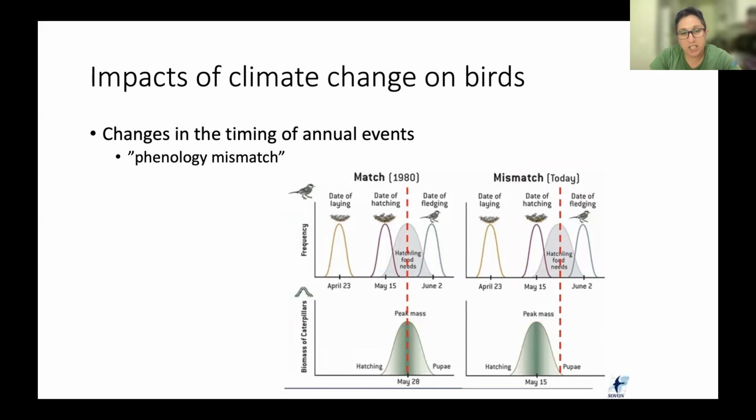Another impact of climate change is changes in the timing of annual events. So annual events like, when do you migrate? When do you have offspring? But also, when do the trees leaf out? When do the bugs lay their eggs and hatch? And then when do they pupate? And so if you're talking about something like a bird, this is an animal that is a predator itself. Most birds, at least when they're breeding, need to eat insects, even if they normally eat things like seeds and berries. And if the timing of things is changing because the trees leaf out earlier, so then the caterpillars come out earlier, the birds need to match that,